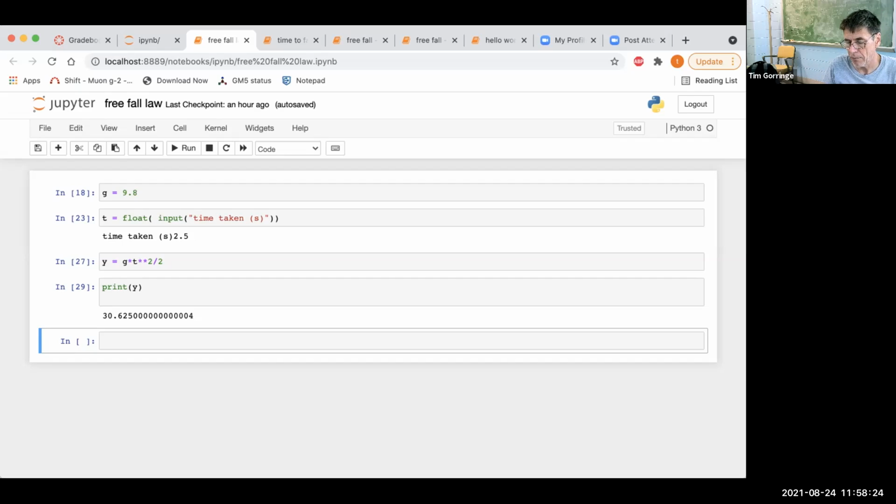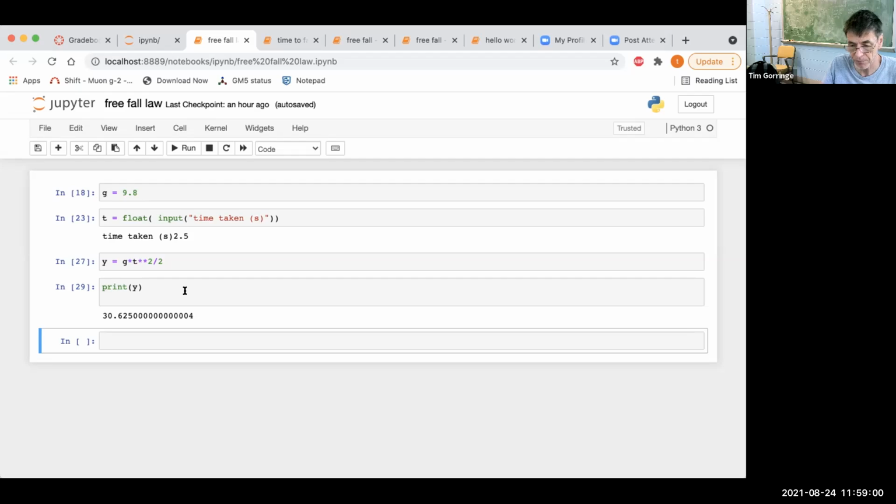And so this little code is just 4 lines, but it introduces us to variables in Python, integer, floating point, complex, etc., strings. It introduces us to assignment statements in Python. G equals 9.8 is an assignment statement. T equals the right-hand side here is an assignment statement. Y equals the arithmetic right-hand side here. That's an assignment statement. And it introduces us to the input of quantities with the input statement,